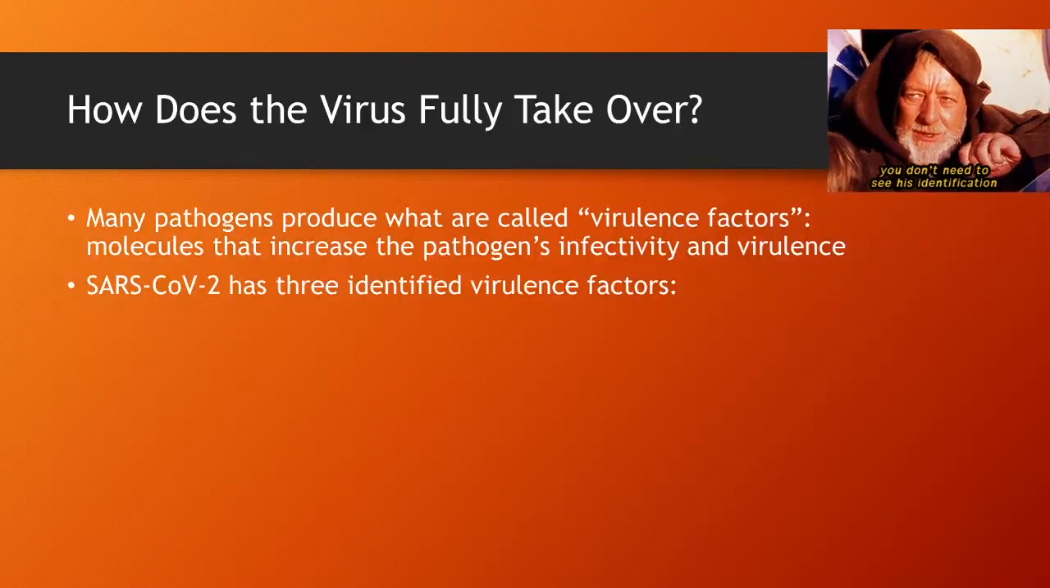So SARS-CoV-2 has 3 identified virulence factors. That doesn't mean that it doesn't have any more. These are just 3 that we're very confident it does have. And those have been identified using genomic analysis. So basically, we look at the sequence, we're like, yeah, we recognize these. We know these to be virulence factors because we know that they're virulence factors in other viruses, and especially other